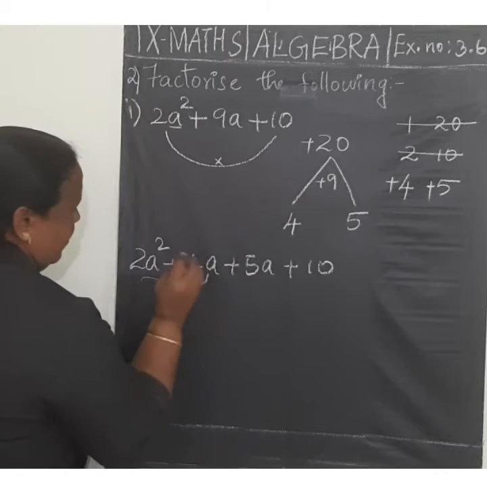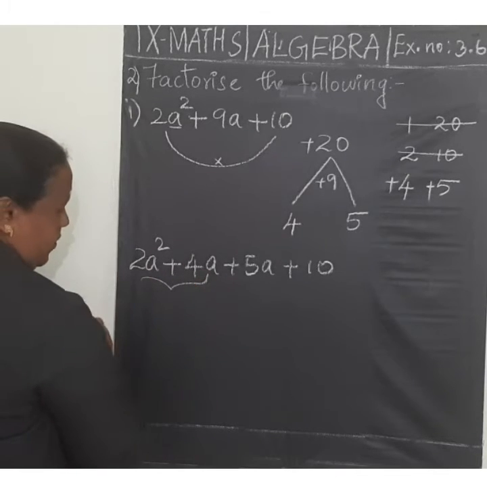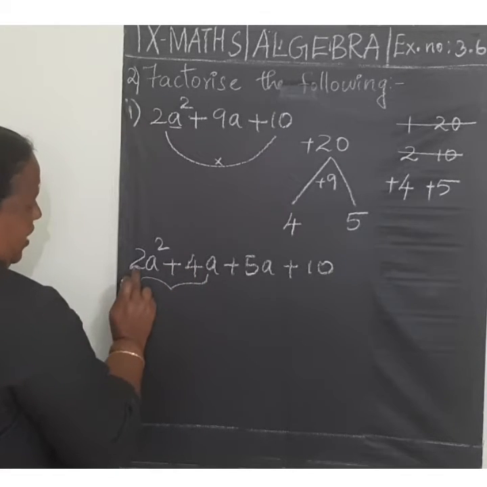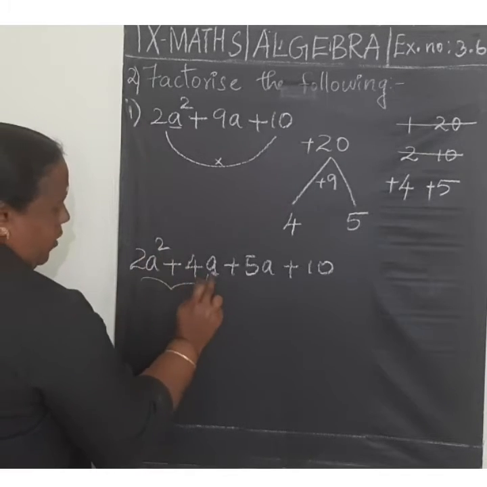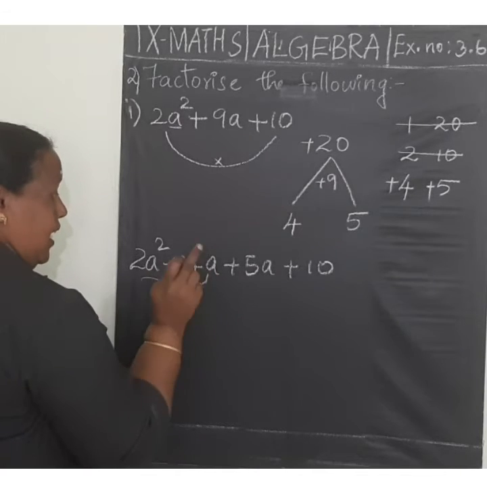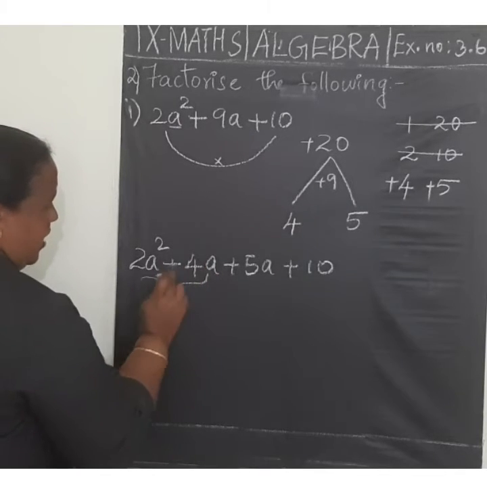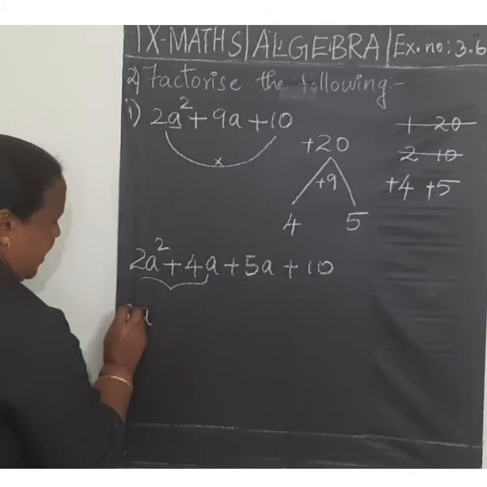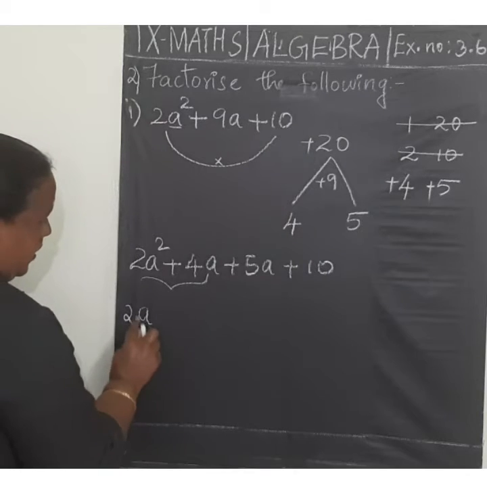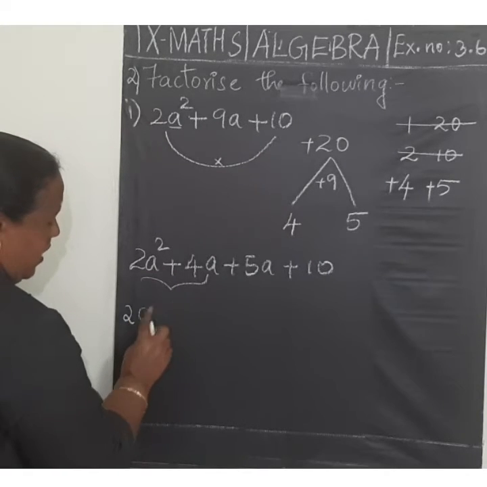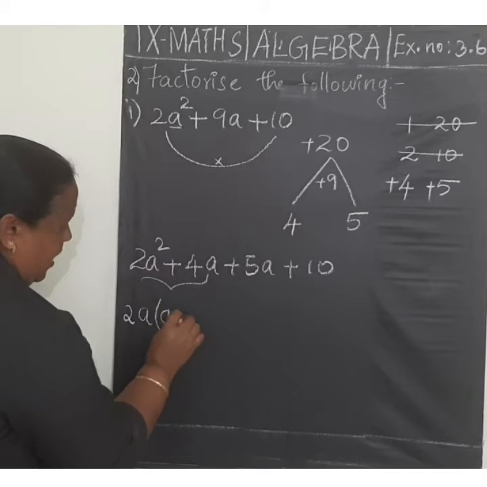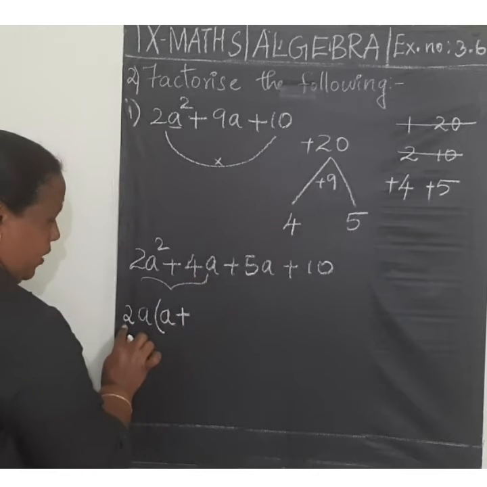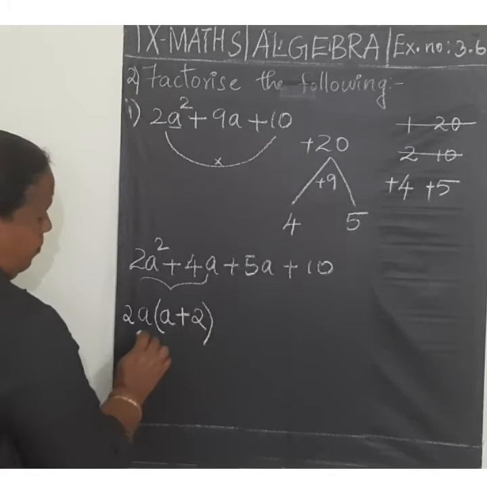Now in this, we have to take 2a squared plus 4a first. In this 2a squared plus 4a, 2a is common. Here 2a squared, here 4a is there: a squared, a. Then we have to take the least power as common. So here the least power is a. Next, 4 and 2 are both divisible by 2, so we can take 2 outside. So in the first term, 2a squared, we have taken 2a outside. The remaining is a. Here 4a, we have taken 2a outside. The remaining is plus 2. So a plus 2.